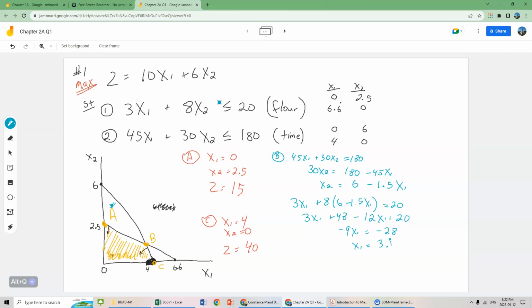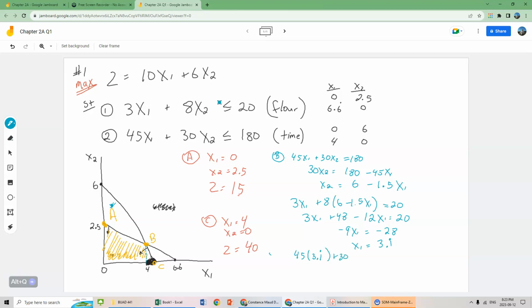So we solve for x1. x1 is 3.1 repeating. We can take this back to our graph, and we can see that, if we drew this better, we know it's less than 4. So our graph gives us a good estimate of the value for x1. Now we put this value of x1 into the other equation. We always alternate the equations that we're working on. We were working with the first one, 3x1 plus 8x2. Now we put this into the second one, 45 times 3.1 repeating